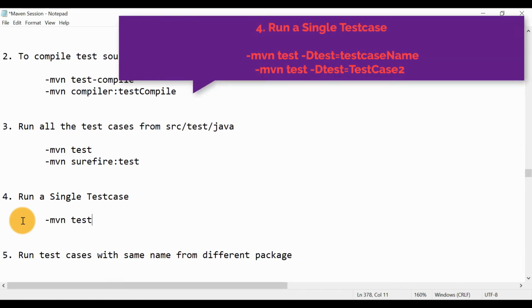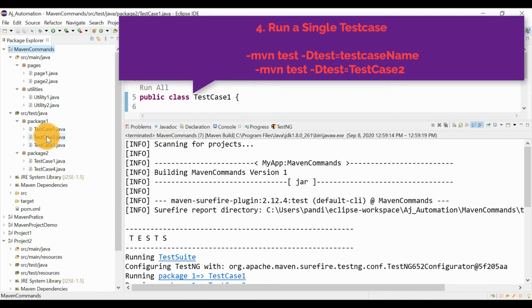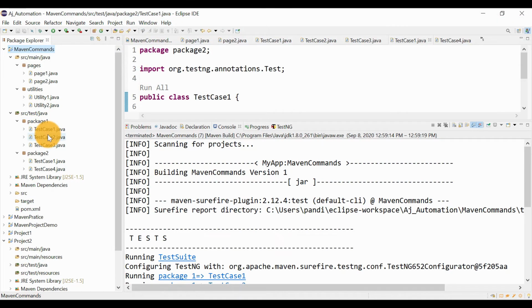Phase name can be test. Phase name means we want to run the test case, but along with the phase name you need to provide -Dtest equal to whatever test case you want to run. So if you want to run only test case 2 from package 1, you can provide that name only.